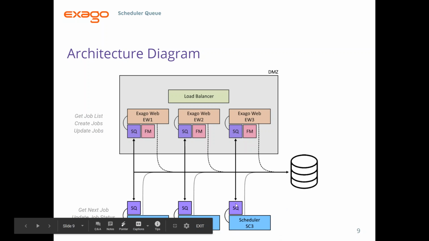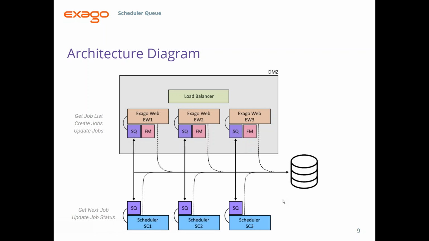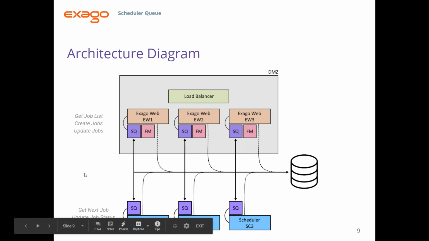And they'll also talk to the scheduler queue. So when they need a job, the scheduler queue can go back to the database, get the next available job, and tell the scheduler, hey, here's your job, run this report, send out the result via email or archive as you need. And specifically, we're going to go into this in just a moment, but the way our extensibility feature